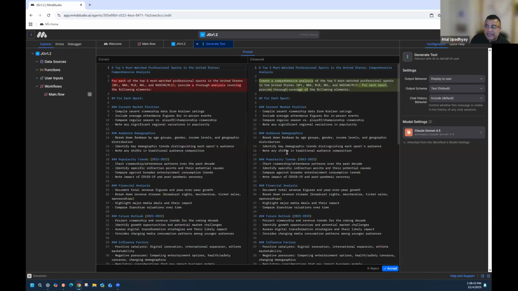So when I did that enhance, it took its time. Now it's giving me a breakdown between the 2 and what the differences are. So this was my first generated prompt, and I was like, oh, you know what, that's too much detail. Here's my second one. And it compares and highlights the difference in the prompting as well.